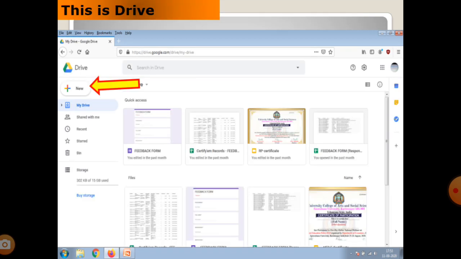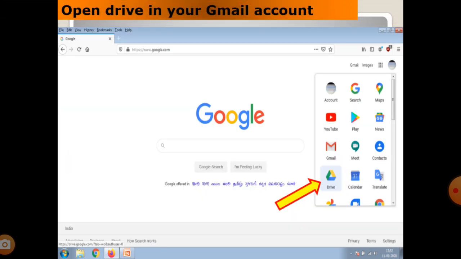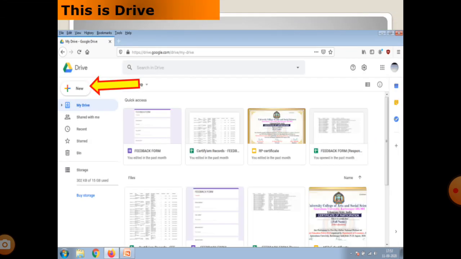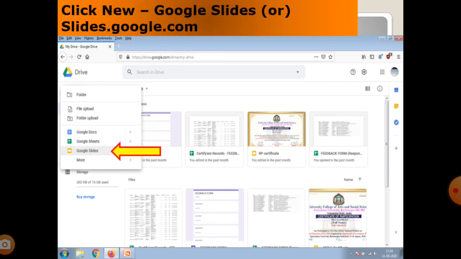In this drive, you have to click New. After clicking New, you get folder, file upload, Google Docs, Google Sheets, Google Slides. We require Google Slides to create the e-certificate, so click on Google Slides.